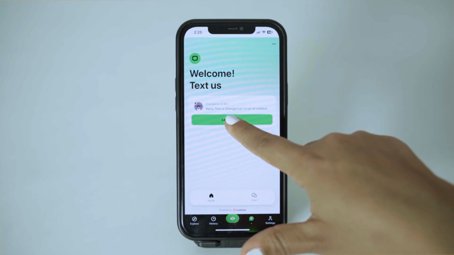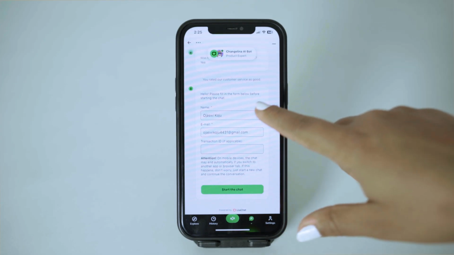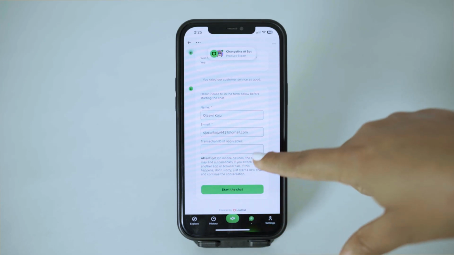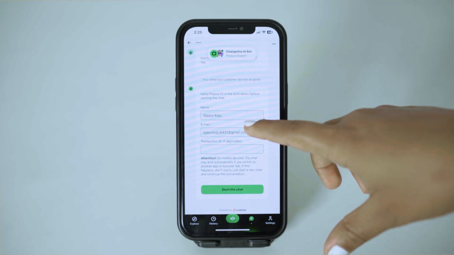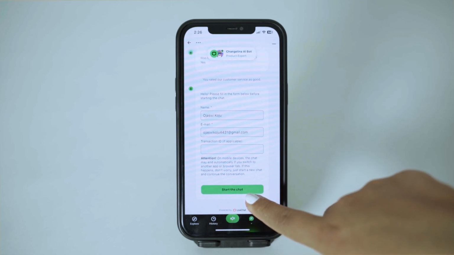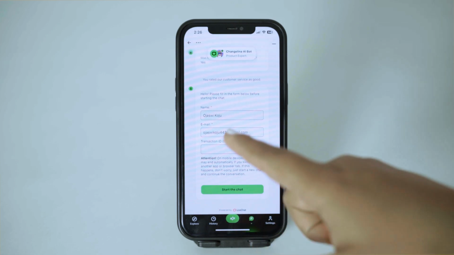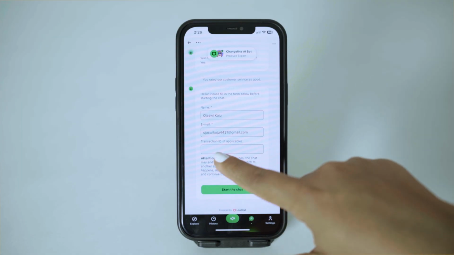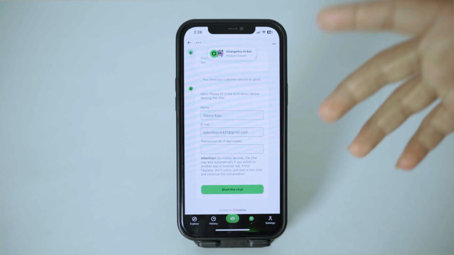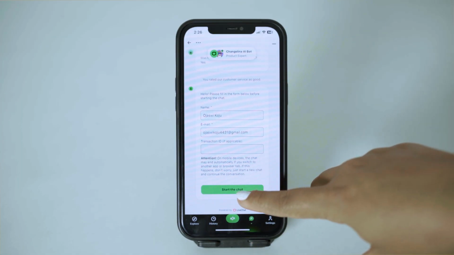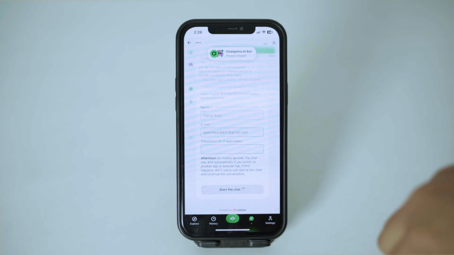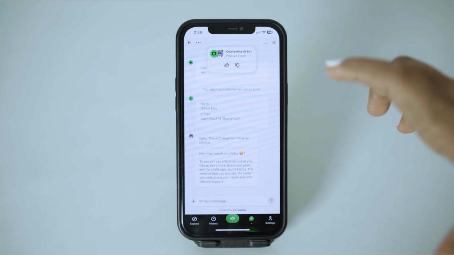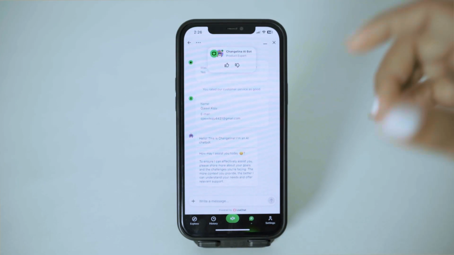If you tap on let's chat right here, you'll now have to write down your name and the transaction ID if it's available, and all you have to do is tap on start chat. You'll also have to write down your email, but the email will be there automatically according to your account. So if you tap on start chat, here an AI bot will answer all of your questions, but this